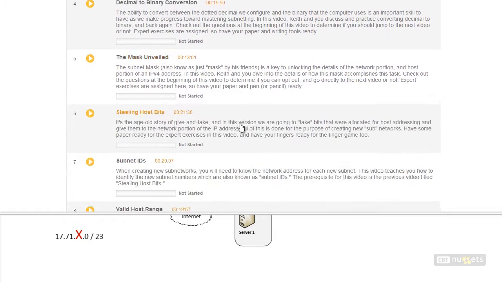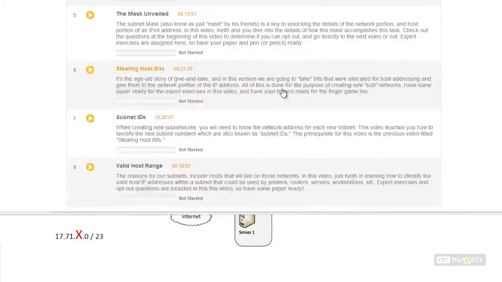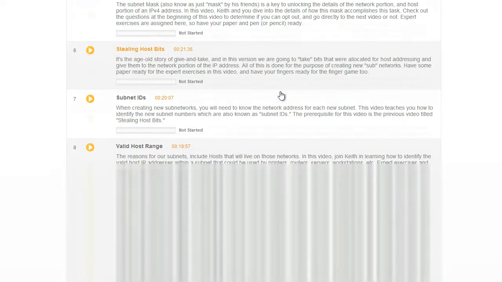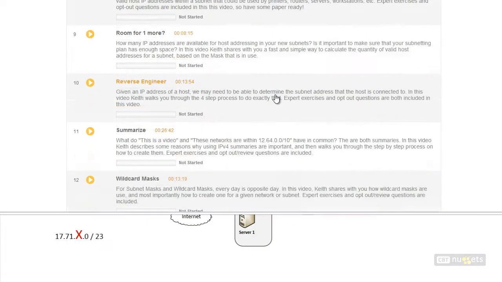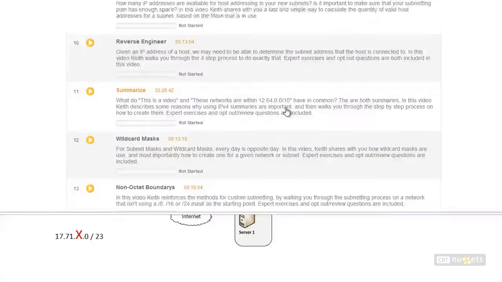The importance of the mask, how we're stealing host bits to carve out custom subnets, addressing space available on our new subnets for all the computers that need to be there, how to reverse engineer the process. For example, if we're given an IP address with a mask, how do we take that and then reverse engineer to determine very quickly what the actual subnet is that that customer is connected to? The process of summarization is also huge and very, very